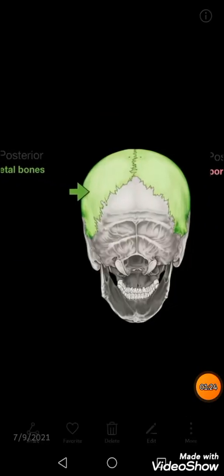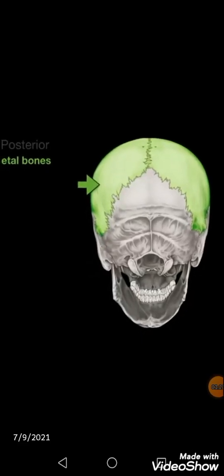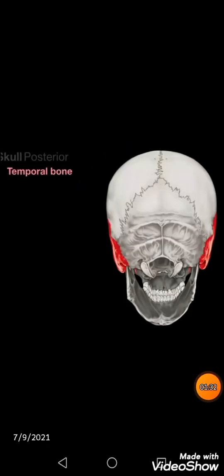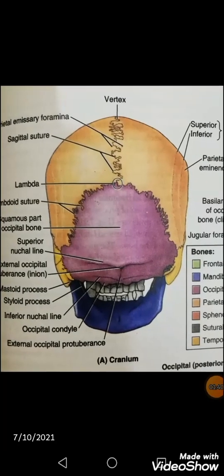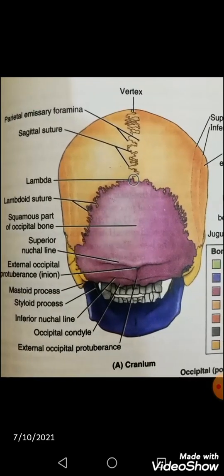Now see the bones that take part here. The green color bone is the parietal bone contributing to the Norma Occipitalis. Now this is the temporal bone via mastoid process that also takes part here. And in this picture you can see that the occipital bone is being shown that takes part in the Norma